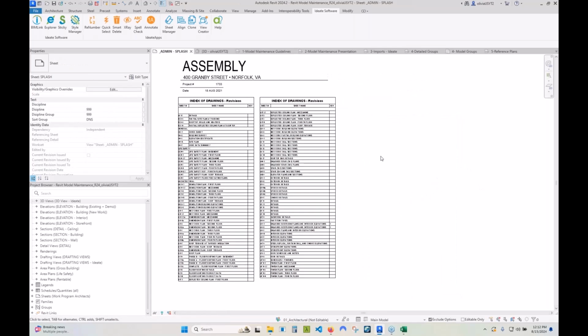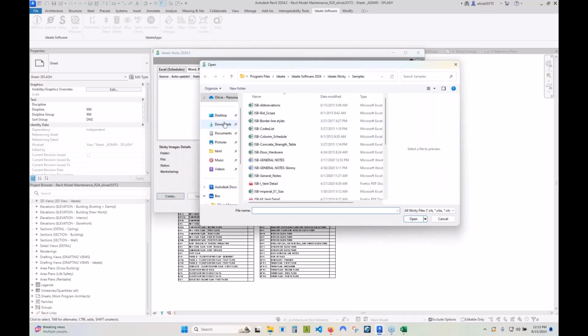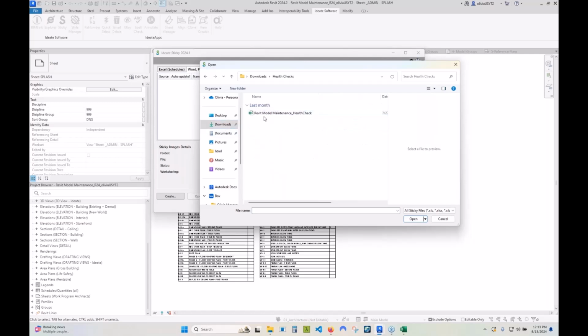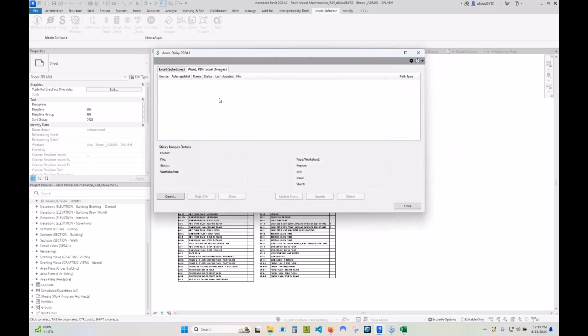So here we have the splash screen, the screen that comes up whenever you open up this Revit model. And this is the canvas we can use to stick on our model metrics. So I'm going to use Ideate Sticky to do this. And I'm going to use the image version of this, and I'm going to link to the Excel document that we just created. So once again, imagine you're setting this up on a recurring schedule, and this Excel document is going to update your metrics as things change in your model. So I'm going to hit open,